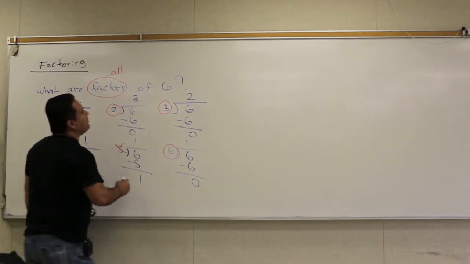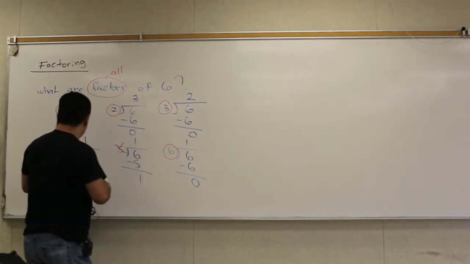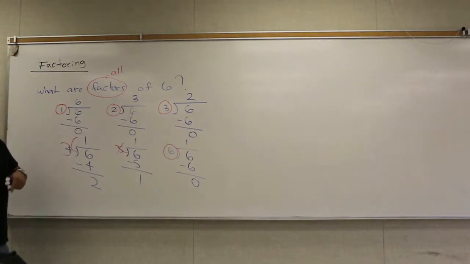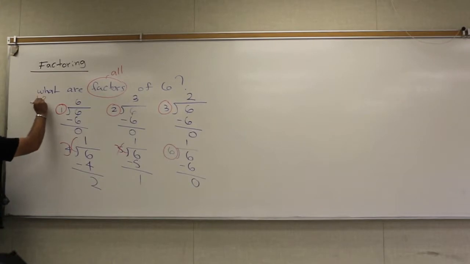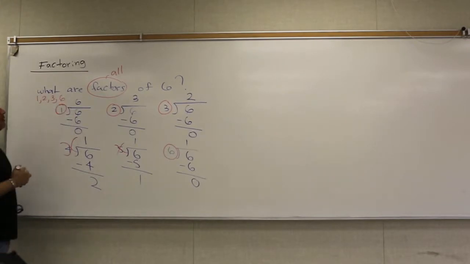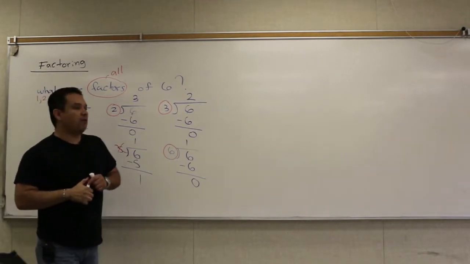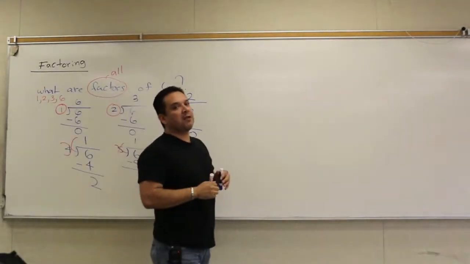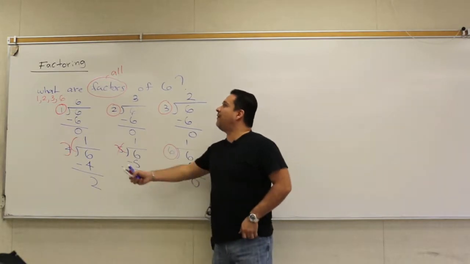So you might want to write them down. Write them down as your list. Okay, I'll put them right here. 1, 2, 3, and what? 6. Okay, what I went through in detail is the process you go through when you want to find factors